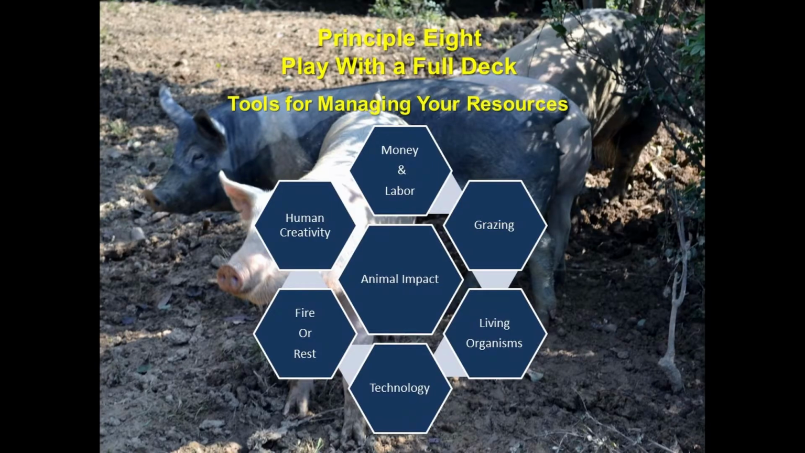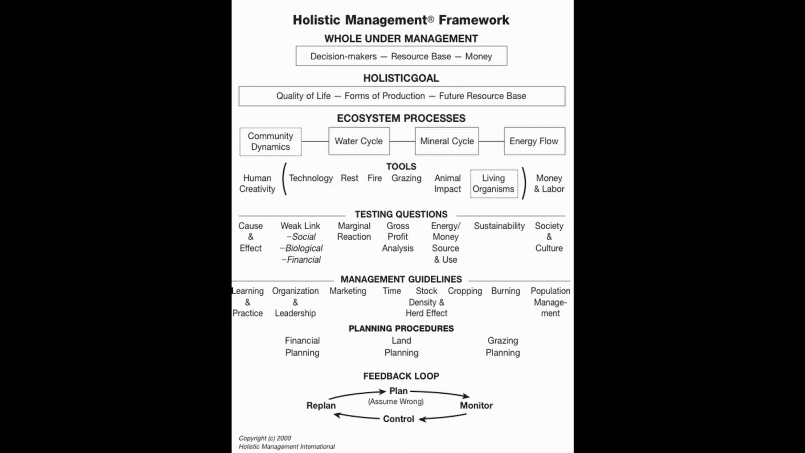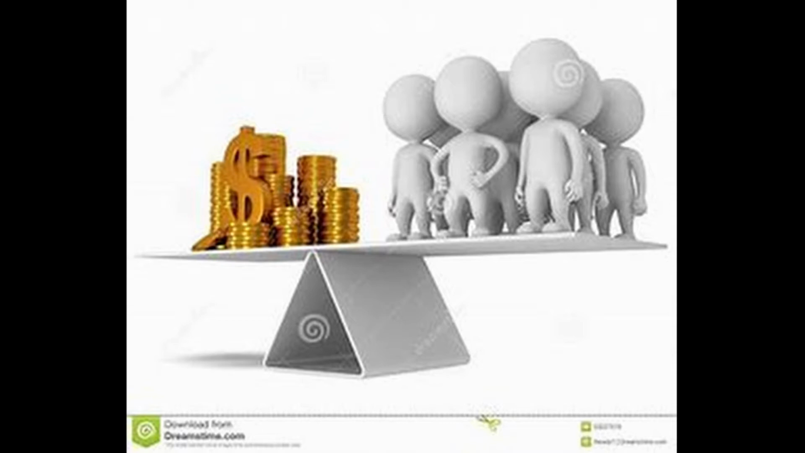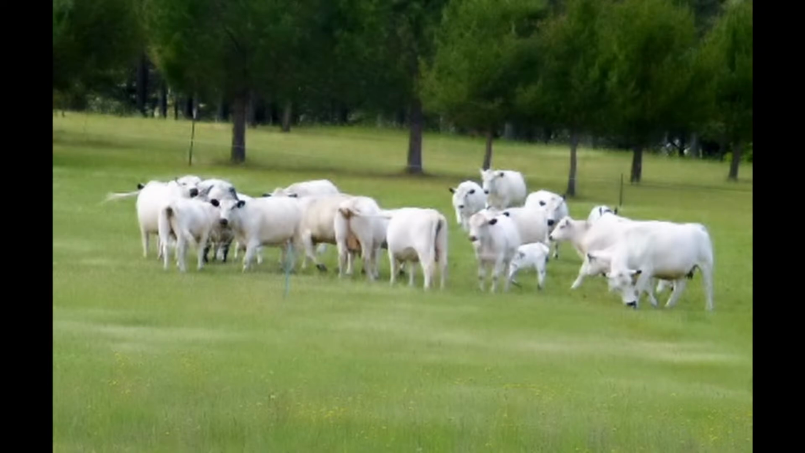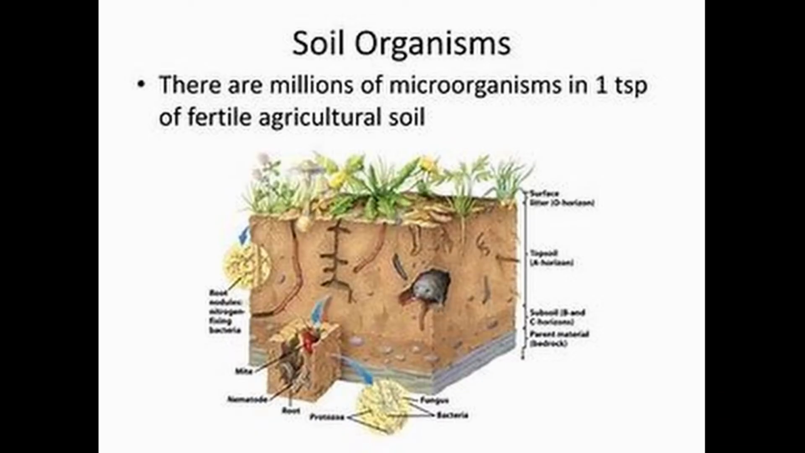Principle 8, play with a full deck. Understand and use all the tools available to you. When people think of tools, they usually think of all the technologies available to us, such as farm equipment, irrigation, computers, and a host of others. But with holistic management, when we refer to tools, we mean the 8 categories of tools at our disposal. When managing the environment, you will use one of these tools to modify the ecosystem processes. Here are the tools for managing your resources: money and labor, human creativity, grazing, animal impact, fire, rest, living organisms,